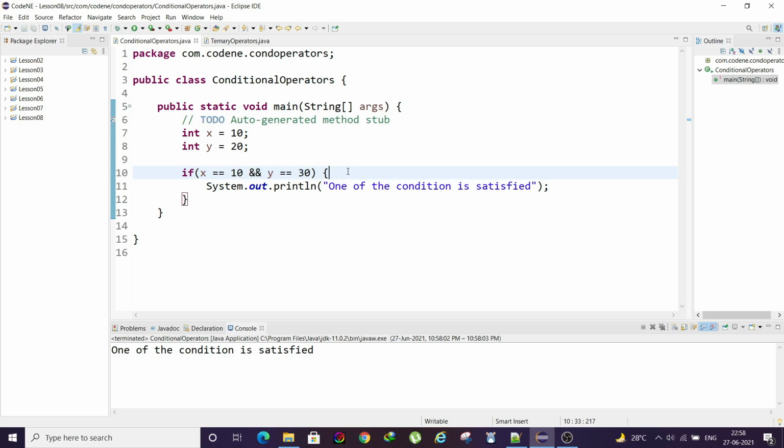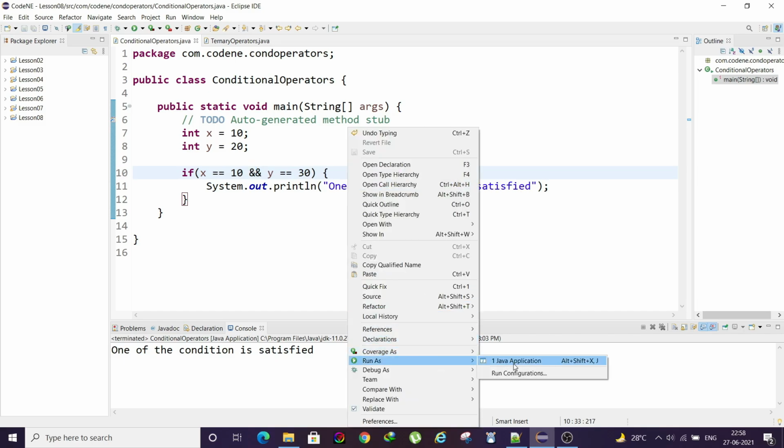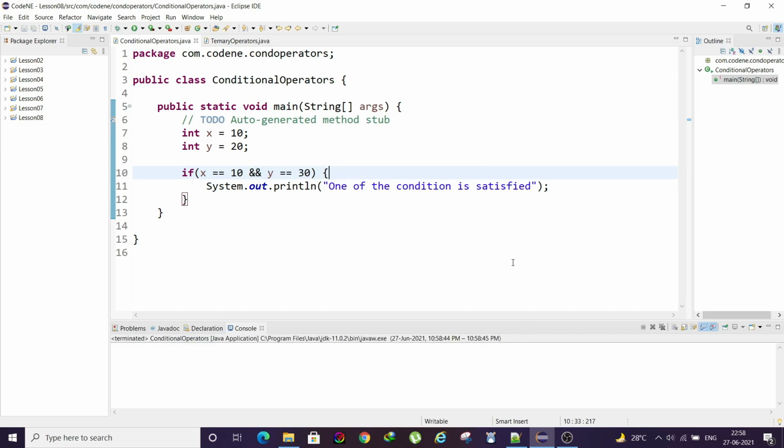Here, if I run this, then nothing will be printed, simply because even if x equals 10 is true, y is not equal to 30, so one of the conditions is not satisfied. In the case of AND, all of the conditions need to be satisfied.